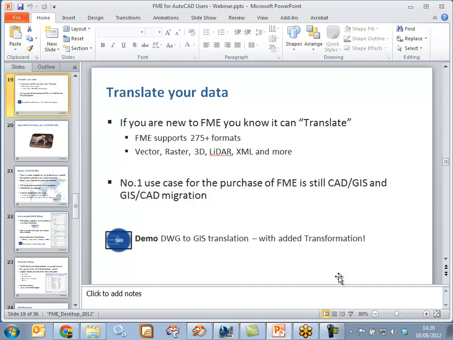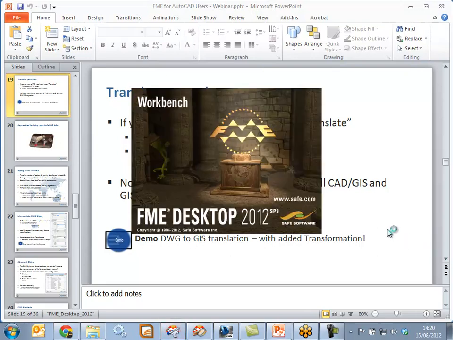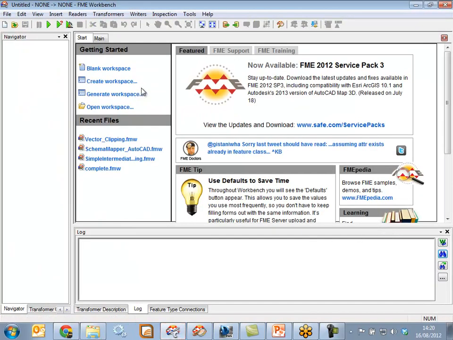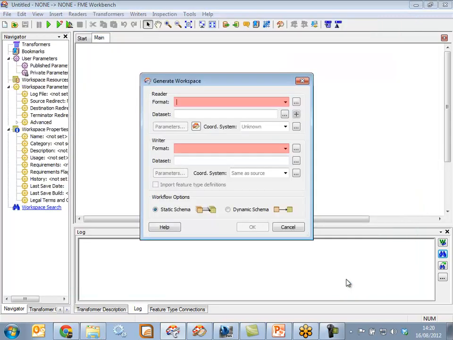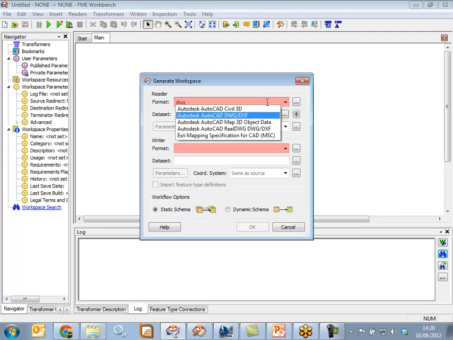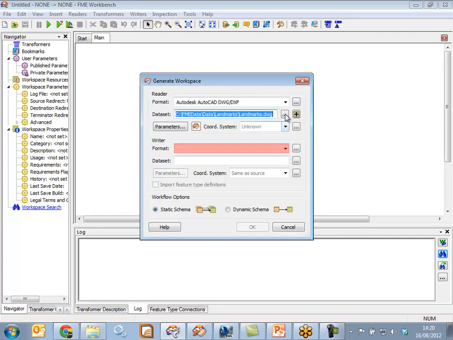But with AutoCAD, it's more likely that you're interested in a very small area, just a small tile of data. So we're going to build a workflow here to show you how you can work with your FME data. If we launch FME Workbench and generate a new workspace, we're going to read in some data, and it's going to be input as a DWG. So we'll specify the DWG ReaderWriter,